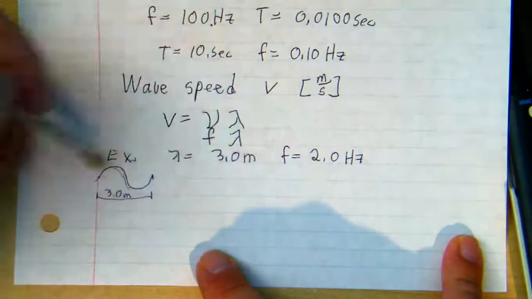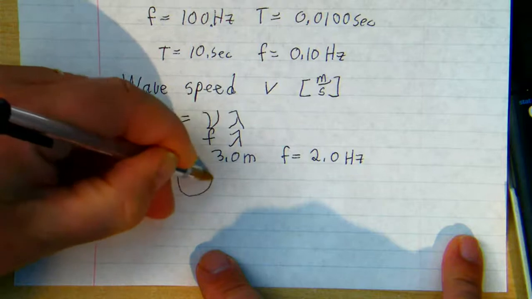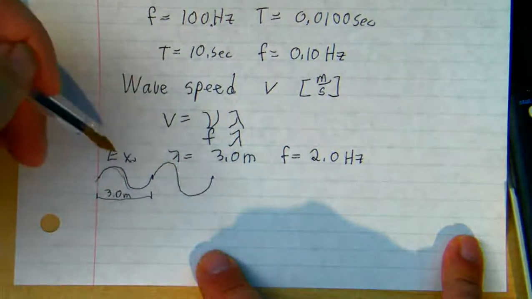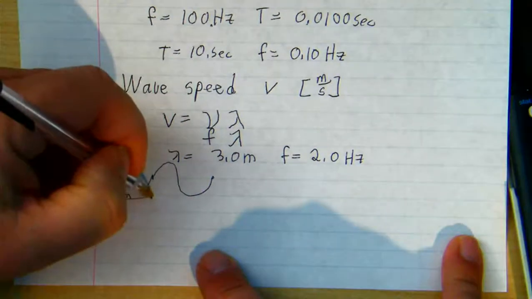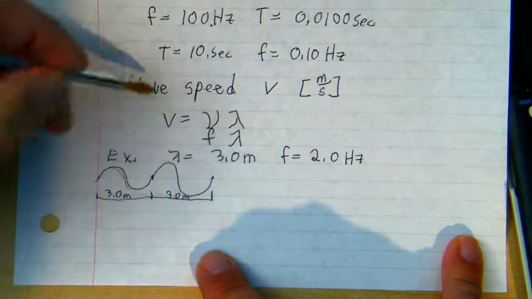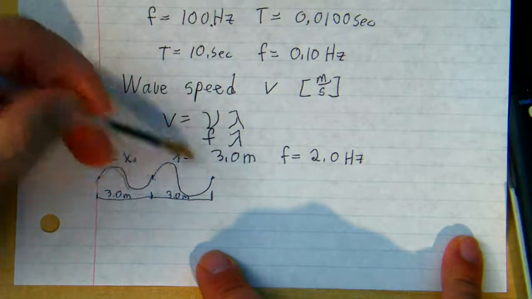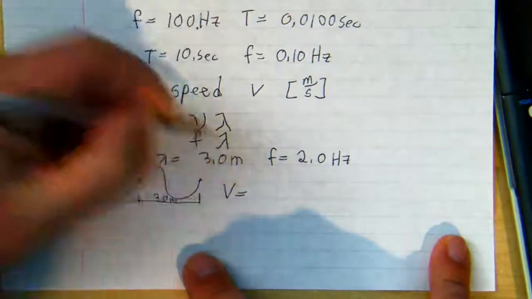In 1 second, 2 of these go by. So here's the second one, and that's supposed to be another sine wave, believe it or not. And this is another 3 meters. So in 1 second, if these two waves go by and each wave is 3 meters, you should be able to calculate